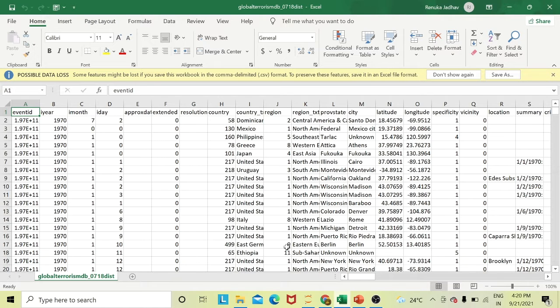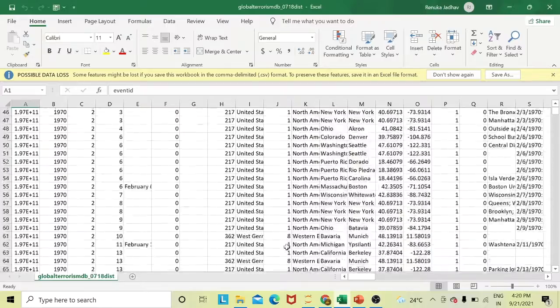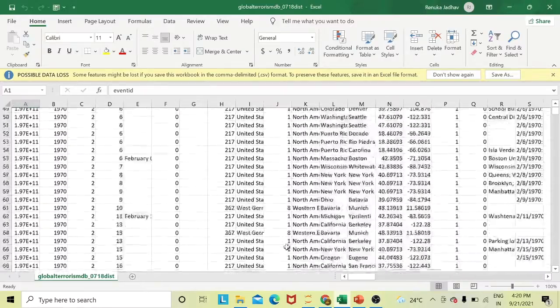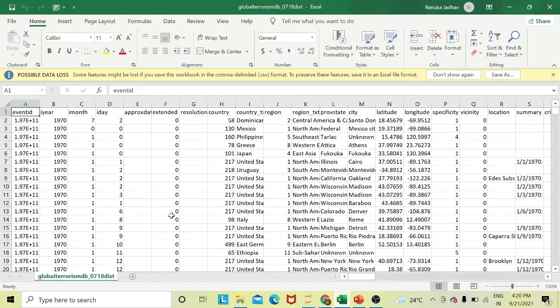Moving toward the dataset, this is approximately 181,000 terrorist activities all over the world. For each activity, the dataset gives the year of attack, month, day, country, region of attack, province, city, and much more information.